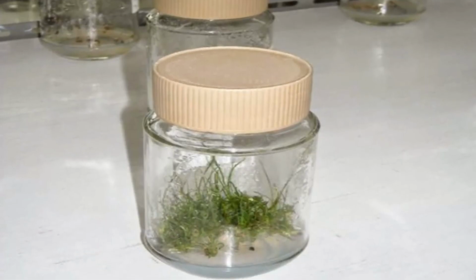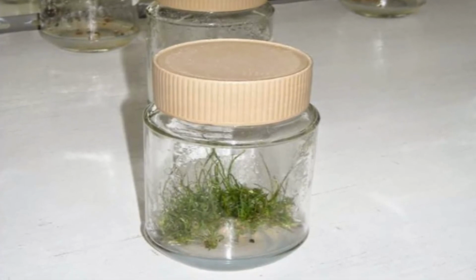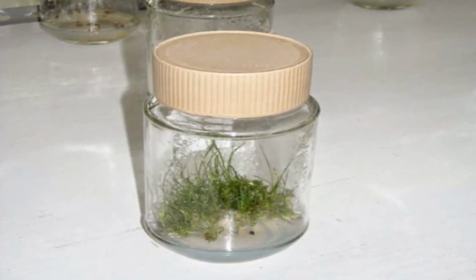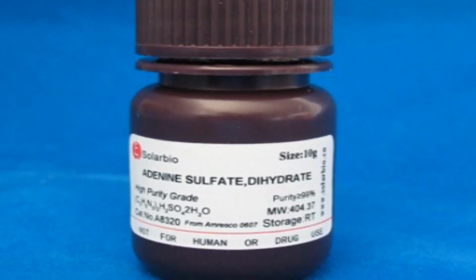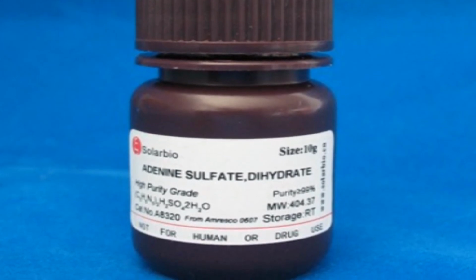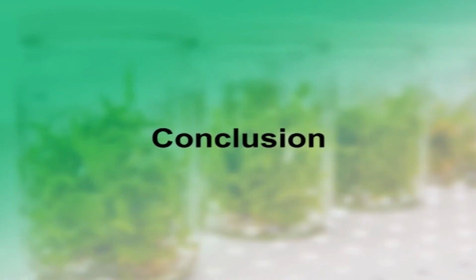Commonly, high cytokinins and low auxins are used in combination for the culture of shoot tip or meristem. Shoot tip multiplication is induced by addition of adenine sulfate in the nutrient medium. The most effective cytokinin commonly used in shoot tip or meristem culture is BAP, and NAA is the most effective auxin used in shoot tip culture. Coconut milk and gibberellic acid are also equally effective for the growth of shoot apices in some cases. We have come to the end of this session.